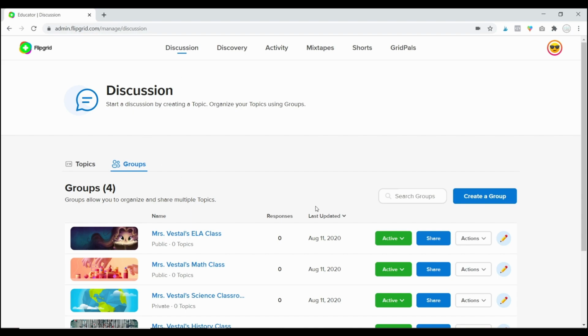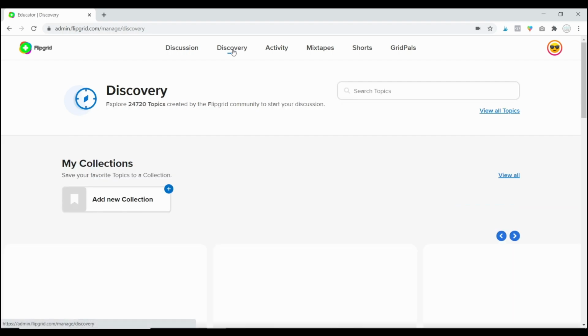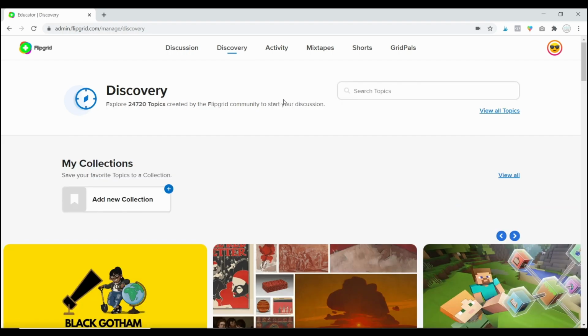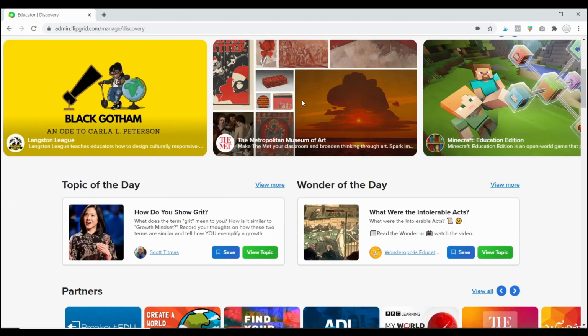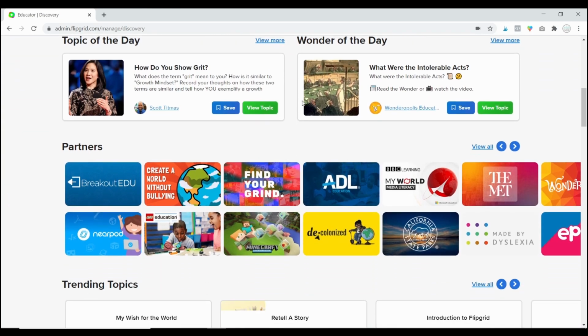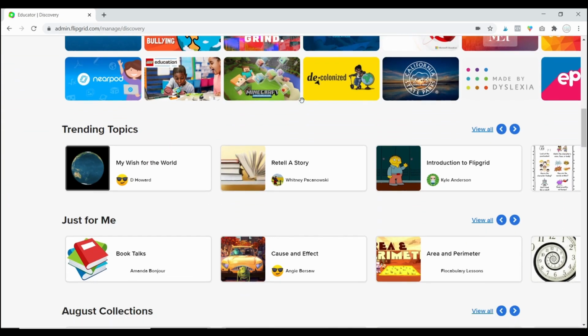As I said, you'll always start on your discussion tab, and this is probably the tab that you're going to use the most because this is where you're going to be creating your groups, it's where you're going to be creating your topics, it's where you're going to be moderating your topics. This is where you will be the most. The next is the Discovery tab, and this tab I'm really loving. This is something new that Flipgrid has recently added, and basically what you can do is you can go in here and you can find